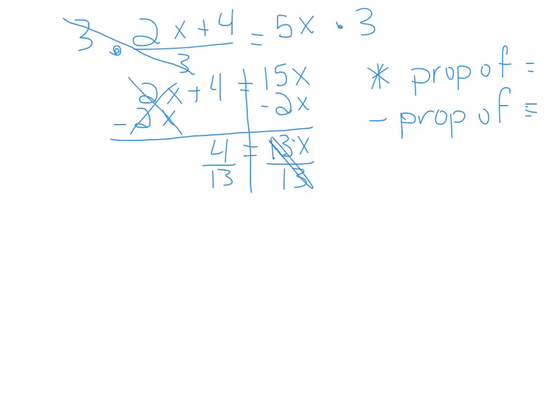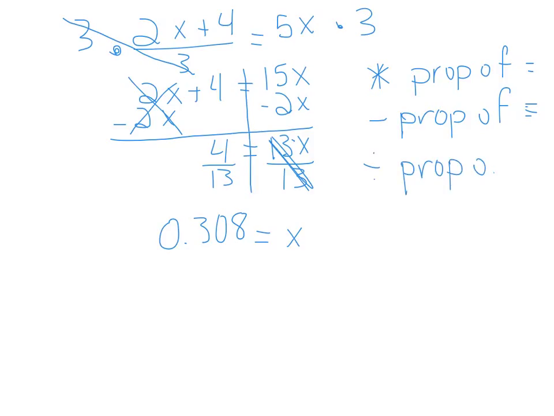That will make these two cancel out, and all I'll have is x is equal to 4 divided by 13, which when I put it into my calculator, told me it was 0.308, rounding to 3 digits. And if we're thinking about the property we just used, we just divided by the same thing on both sides. So we just used the division